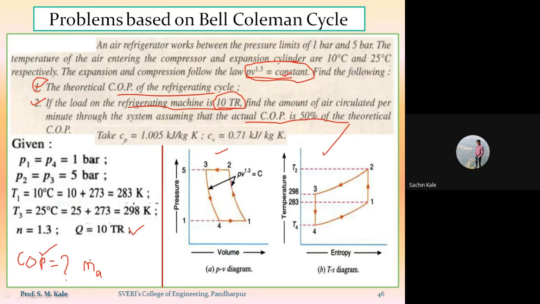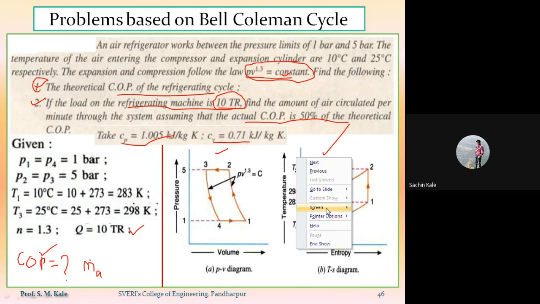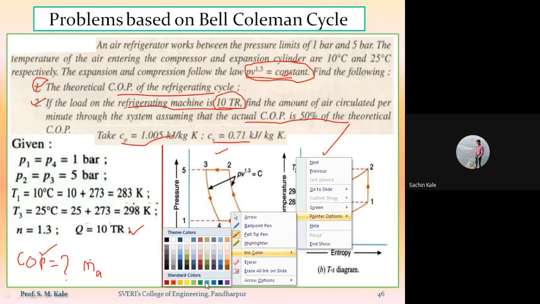So for that purpose, we have to take the value of Cp as 1.005 and the value of Cv. Here they have specially mentioned the values of Cp and Cv for this problem. If you see the previous two problems, they might have mentioned the value of Cp, but they haven't mentioned the value of Cv. But here, as they have mentioned both, by using the values of Cp and Cv, you have to calculate